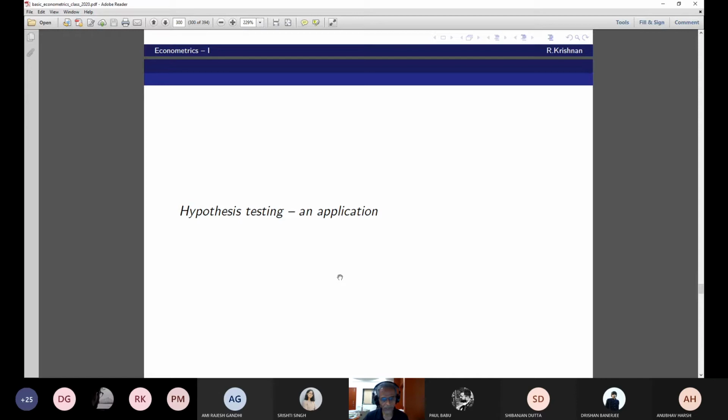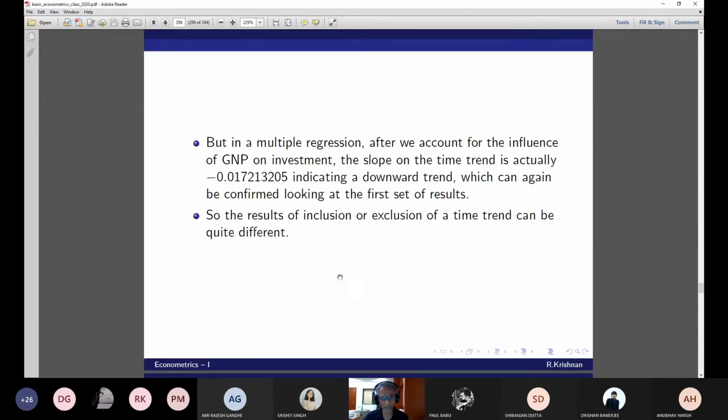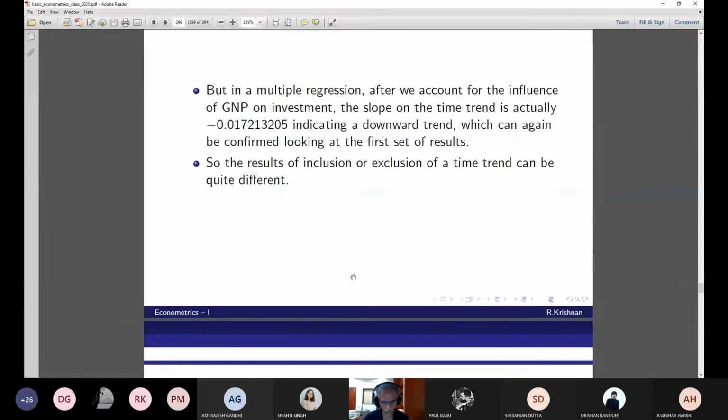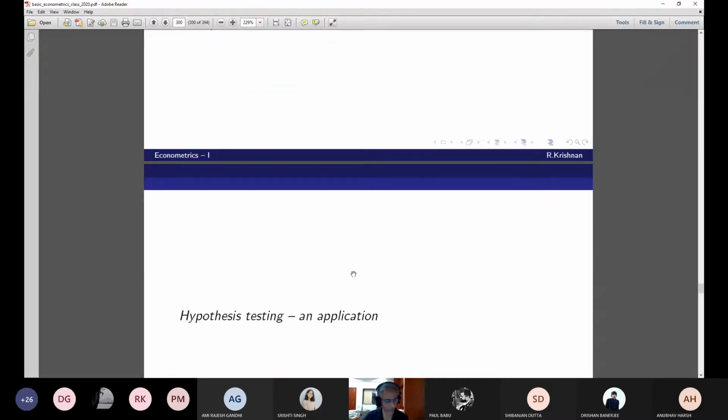I'm going to take the same problem that we discussed in the class while discussing hypothesis testing. These things are only simple multiple linear regression and results. Now we go to hypothesis testing. Two other results, this is quite standard, that we discussed, for which I don't have any results. It's a so-called partial correlation, and one other thing which I don't remember. So that's okay. We'll go to hypothesis testing, which is the next big thing.